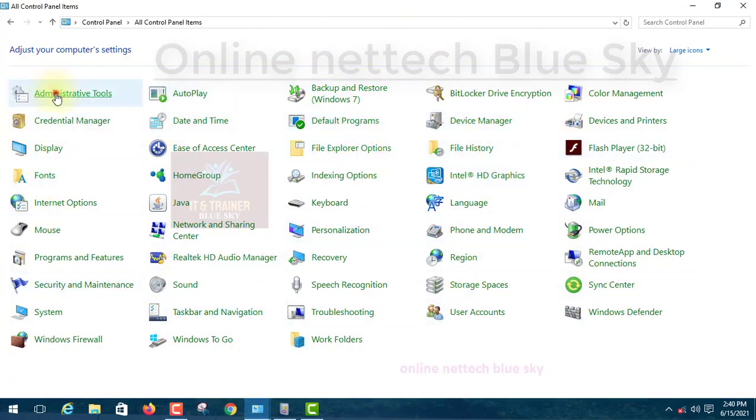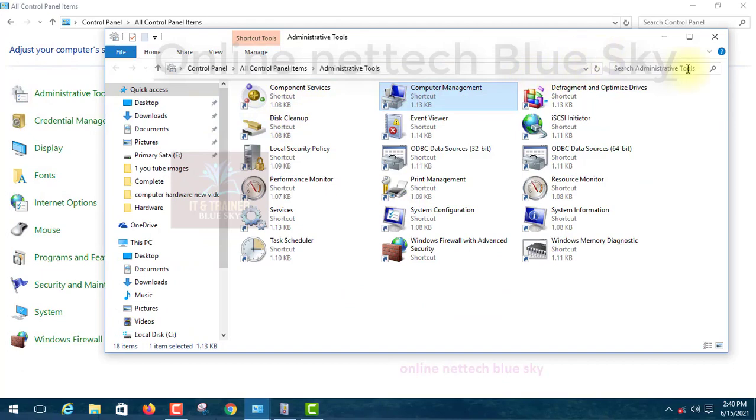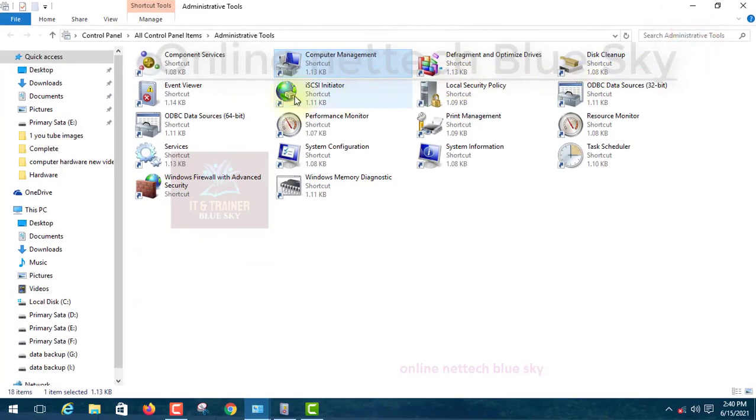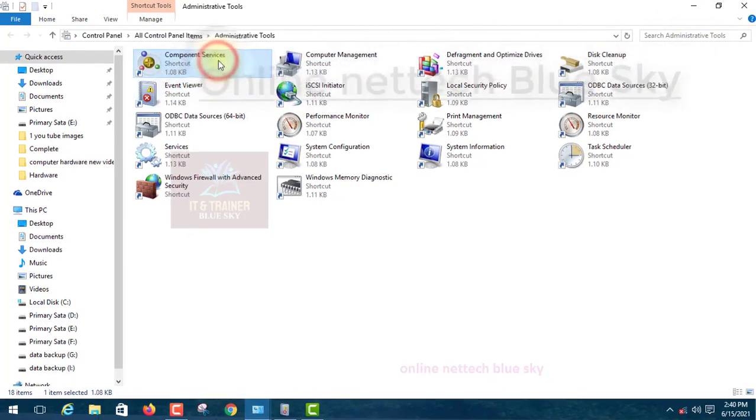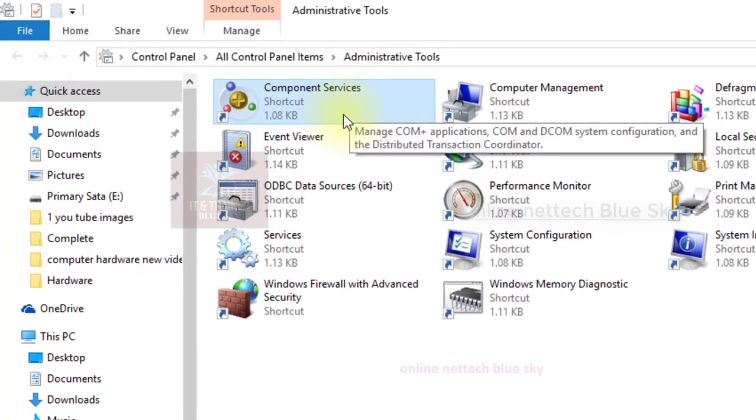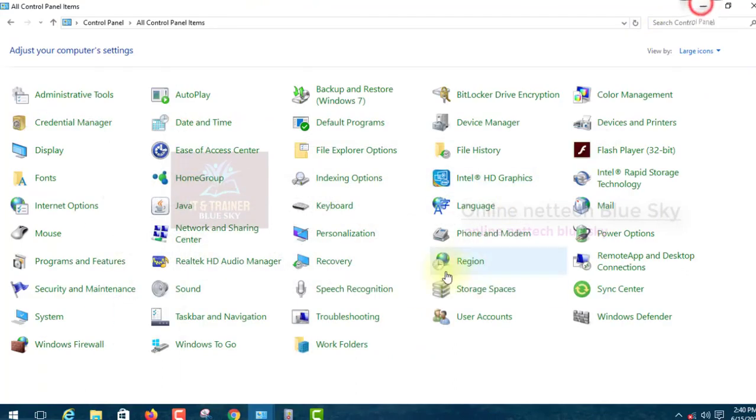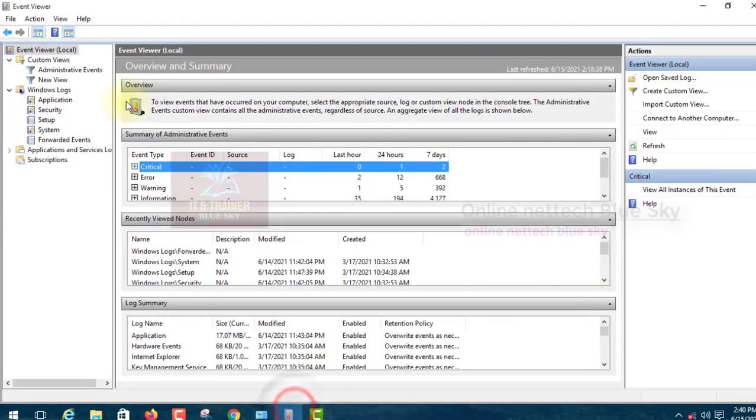Okay, so my last previous video was Event Viewer part 1, and I already created the components and services option. I am continuing on this topic.